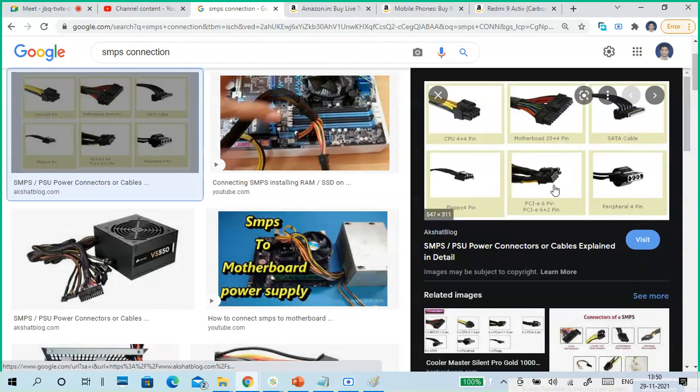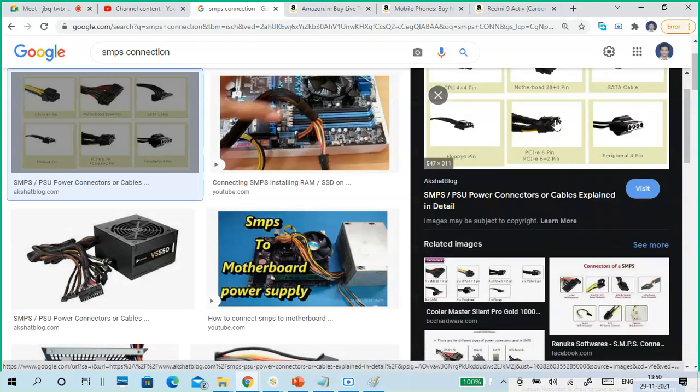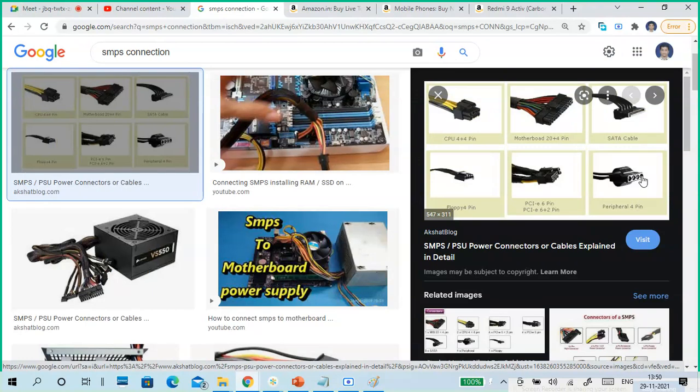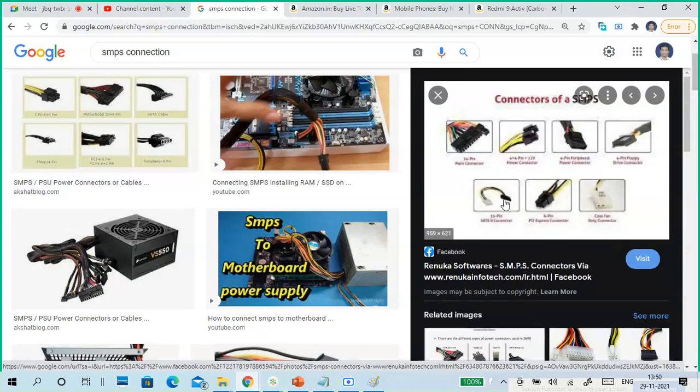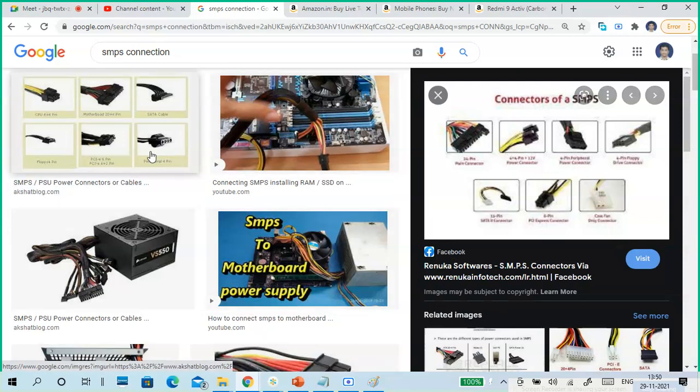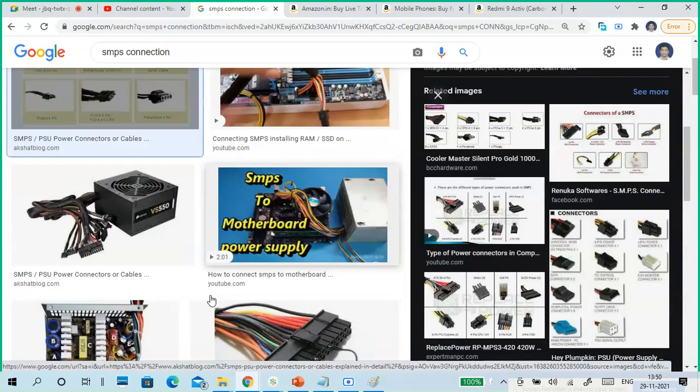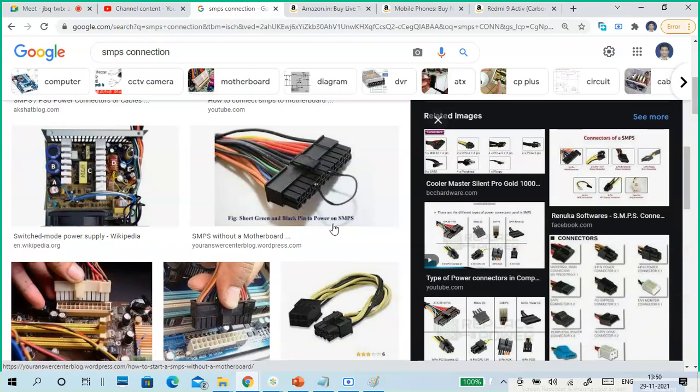Okay, now CPUs are very powerful, right? Yeah, this is another type of thing. This is the floppy connector, not required, we are not using it now, right? So for the SATA connector, 4 pin, this type of connector. You can go to any pictures, you can see very easily. These are 4 pin connectors or anything.